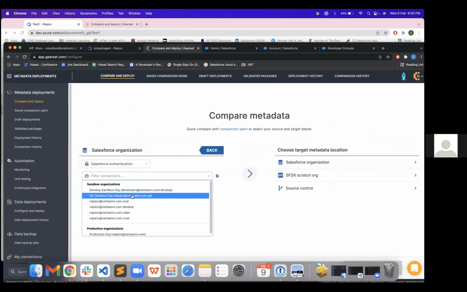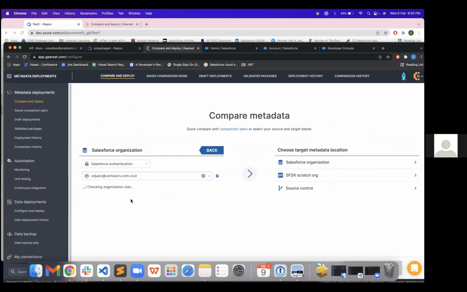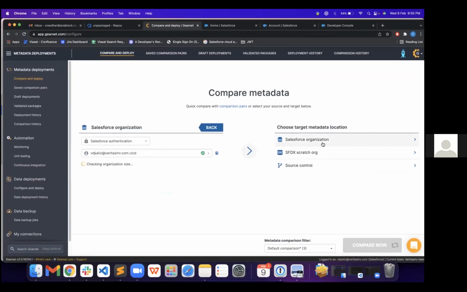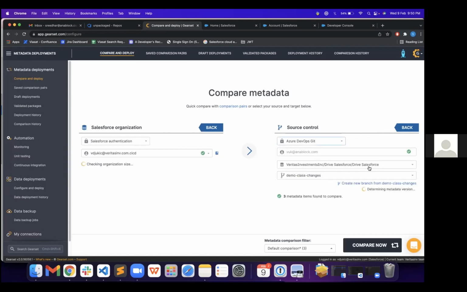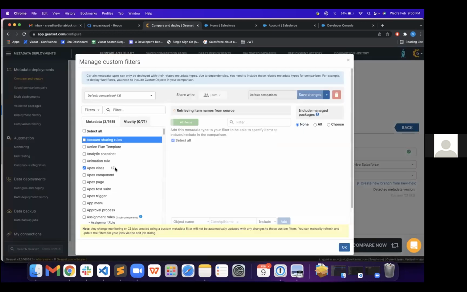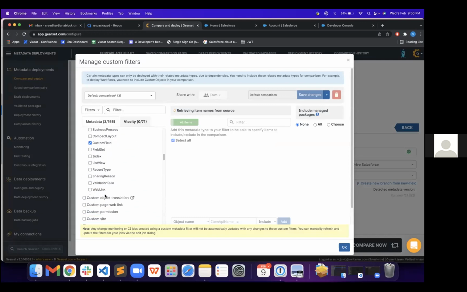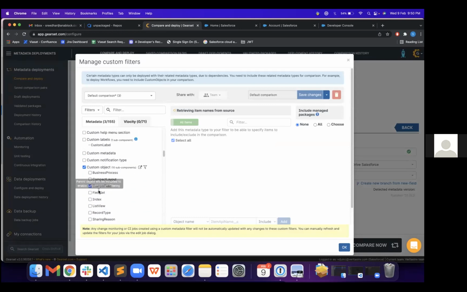So now we have created a new field in the CI/CD box, and we need to deploy it to the new field branch. And here we have to select the components which we want for comparison, custom field, and